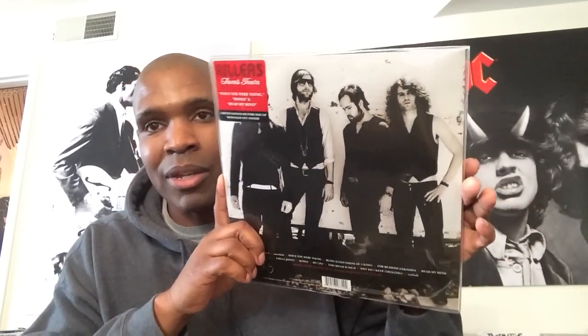So I thought, since I was showing that Sam's Town, that I would pull this out too. So if there are any picture disc lovers, let me know. I'll be more than happy to work out a trade with something else that you have, because this is probably one of the worst purchases I feel like I've ever made, because I was so disappointed when it came in. Moving right along,